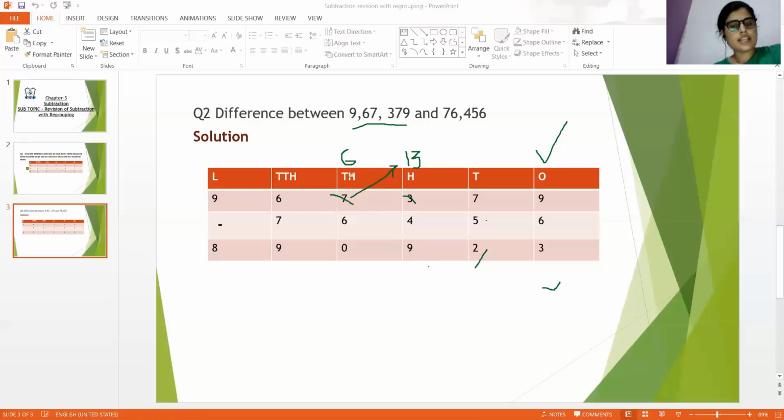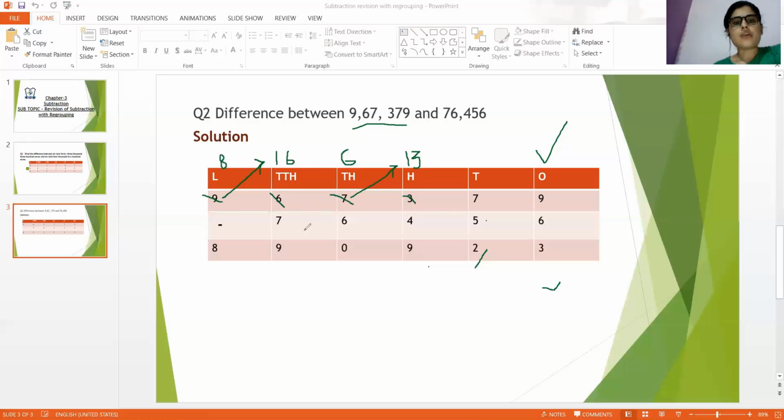Now we can see at thousands place 6 and 6. So 6 minus 6 is what? 0. After 1000 we will go for 10,000 place. At 10,000 place we can see we have 6 first and then we have 7. If we have 6 first, so we know 6 is smaller than 7. So we take away carry from 9. If we take away 1 from 9, we will write here 1 and then we will write 6 after it. And just cut this 9 and here we are left with 8. So we will write here 8.